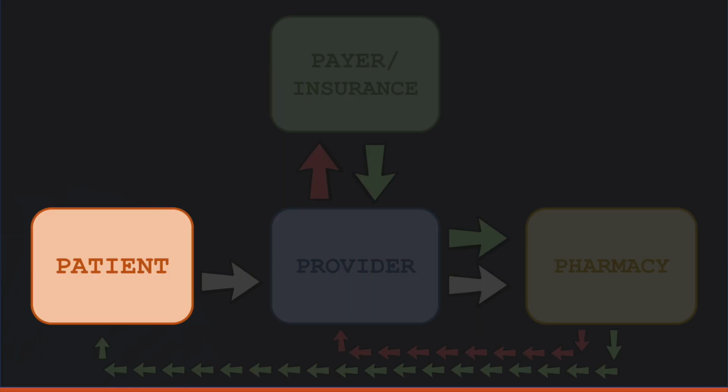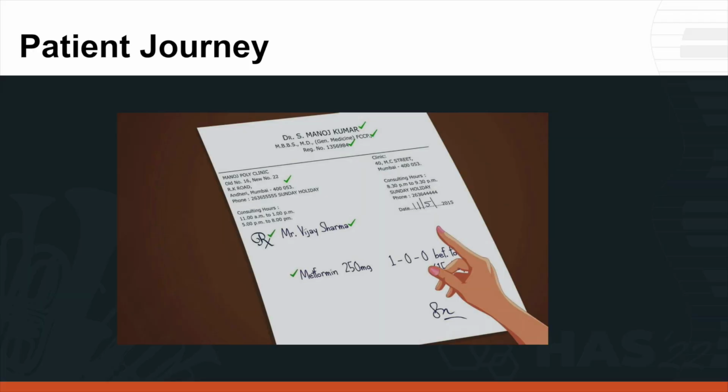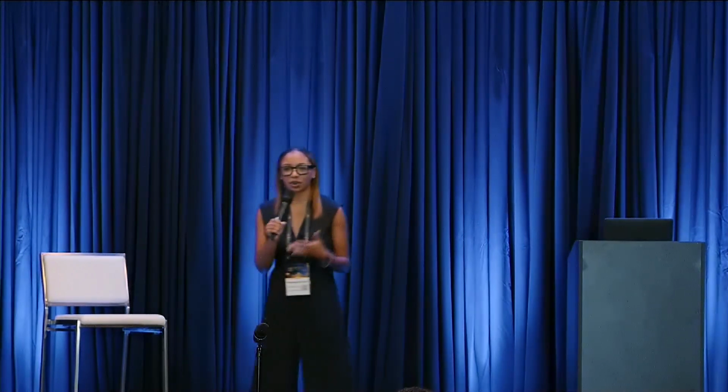All right, so the first player we're going to look at is the patient. Ultimately, the patient, that's who we care about. So the patient's journey. The patient falls sick. They are ill. They are experiencing a worsening disease state. So what do they do? They go and see their provider. They go to their provider's office to be seen, to be diagnosed, and ultimately the provider writes them a prescription. This prescription really symbolizes a sense of hope for the patient. They're going to feel a little better. Hopefully the health outcomes for this patient are going to improve.